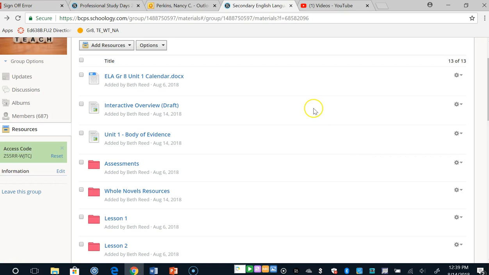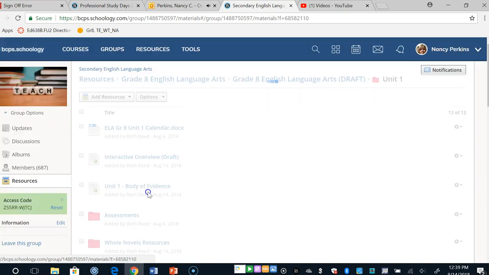Okay, so here I am in the Unit 1 folder. Remember, here's those three documents that all kind of do the same thing. Here's your assessments folder, and now here's the whole novels resources folder. If you remember, in the other video we skipped this one, well now we're going to dig into it. Okay, now when we open it up,